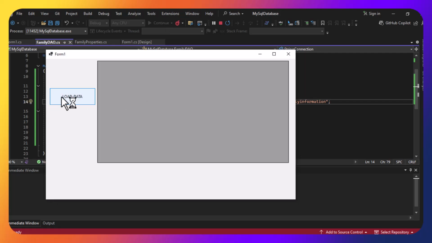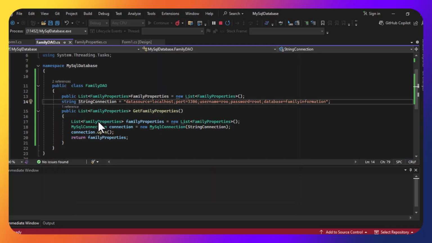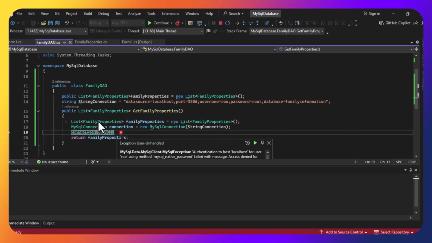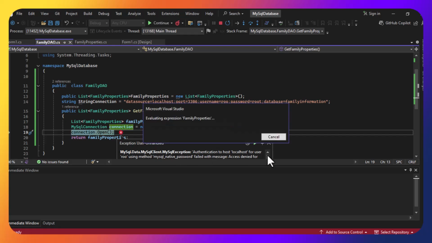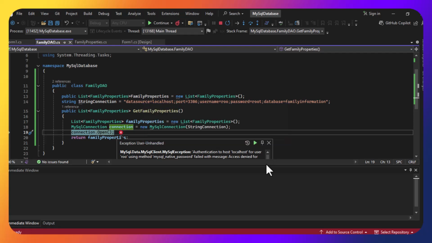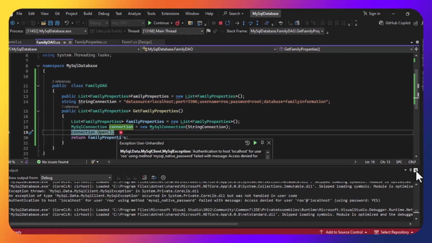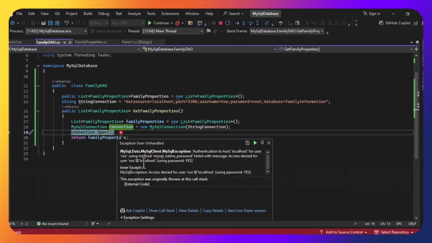Right, let me just try to press the load data. And we have an exception. We immediately have an exception. And look where it is. Here it is, and there is the exception. Let me just close here. And let me close. It says